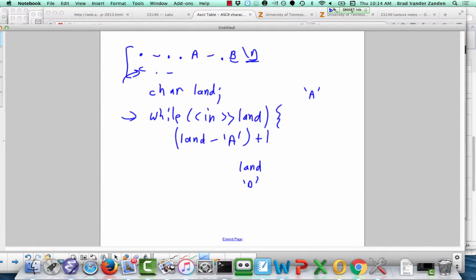Okay, now I'm not writing out the complete code here. You have to finish it, but that little equation will convert any character between capital A and capital Z into the appropriate number of ounces of gold. Okay, and I see